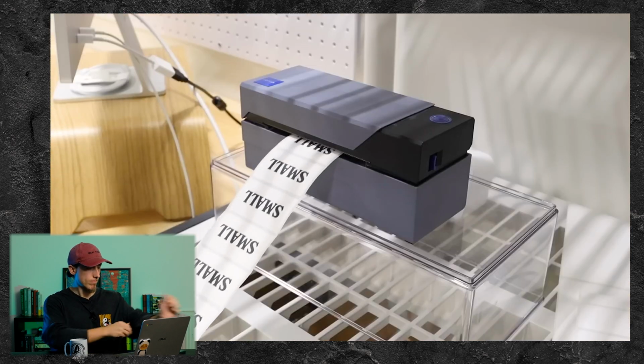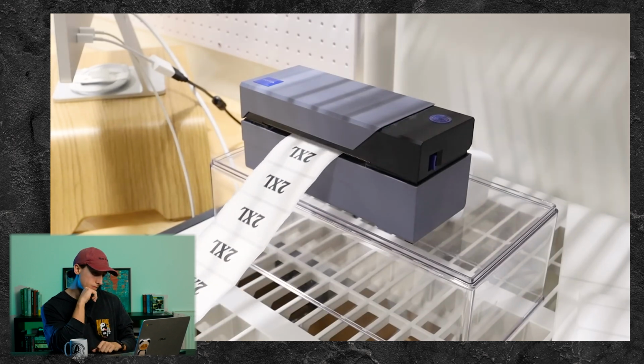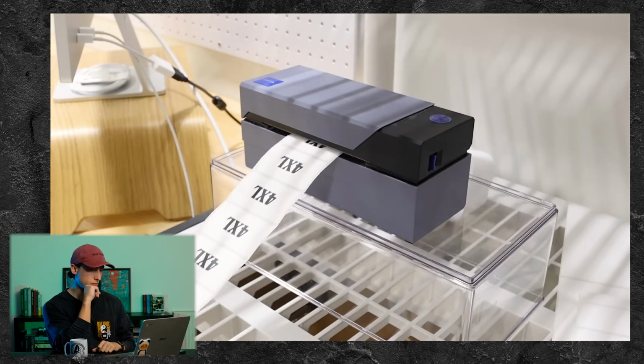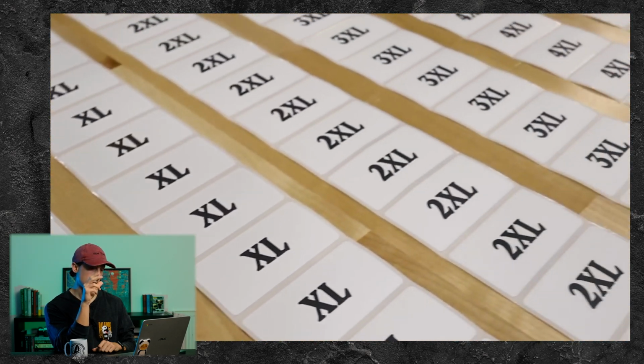You could use it for labeling spices or baking ingredients, like you see those people do on TikTok where they put them all in separate jars, but I don't know if you're on the same For You page as me. Anyway, regardless, I printed out stickers for each size,